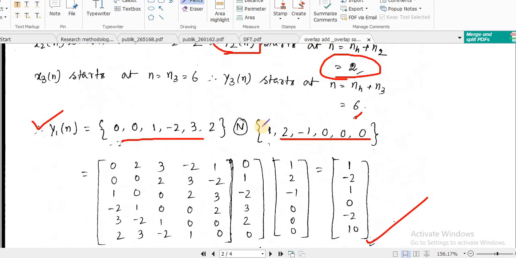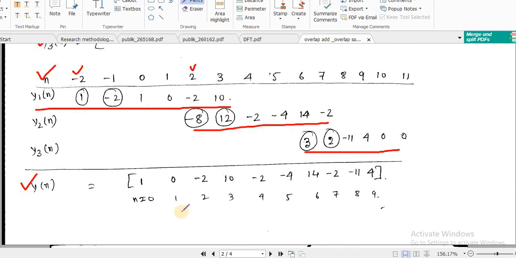So that is why when we compile the result, we will not write down these two data. We'll exclude these two data, 1 and minus 2. If we exclude these two data, then the result will start from 0 obviously. So I'll write down 1, 0, minus 2 and 10.